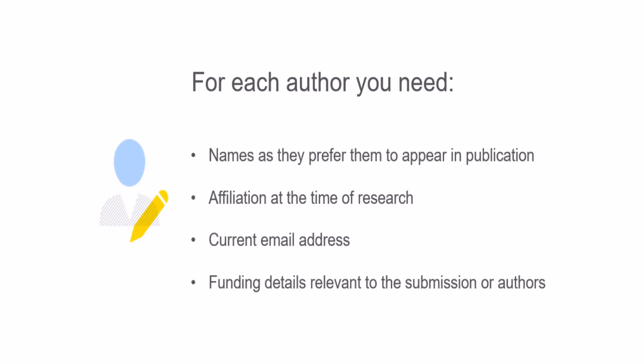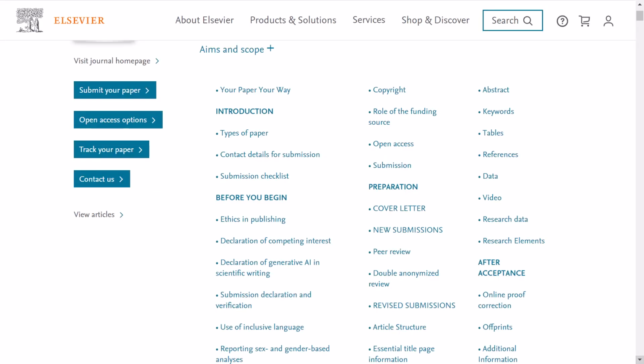You will be asked to provide the funding body and grant numbers during the submission process. Authors will be asked to provide files such as an author agreement, conflict of interest, or declaration of interest to be uploaded as part of your submission. You will find the specific requirements for your journal in the guide for authors, either a description of the statement that authors need to prepare or a linked form to be filled out. Usually, you will need to submit one file from each listed author.